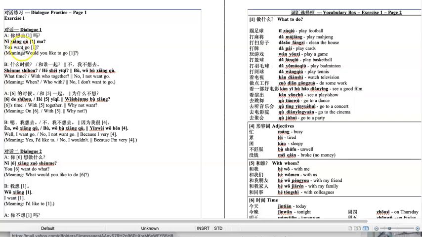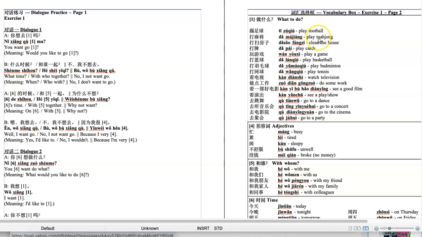Literally, that would be what we call Chinglish. That's a literal translation. The way we would say it is, would you like to go? And it's got a blank here. So you go over here to your right-hand page. This is the layout for left page and right page. You go over here. Would you like to go play football?